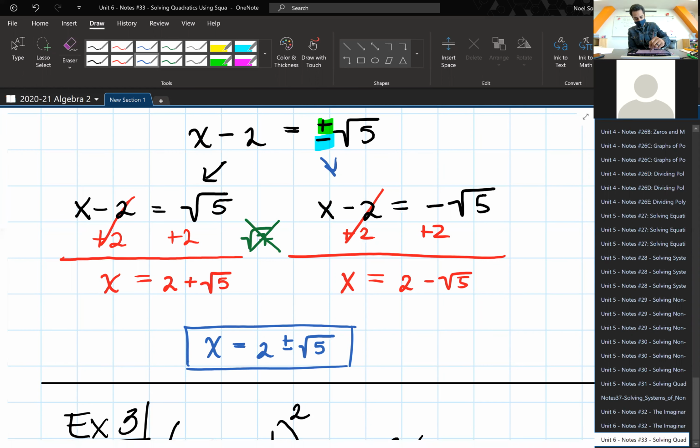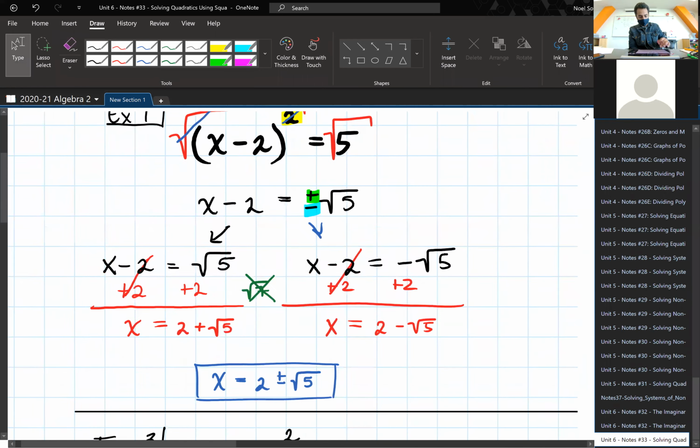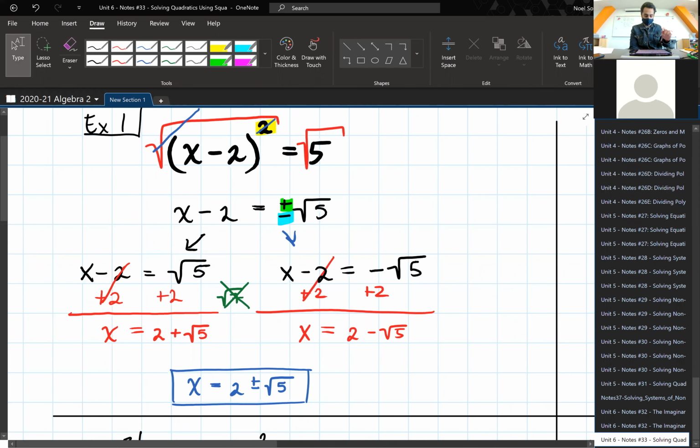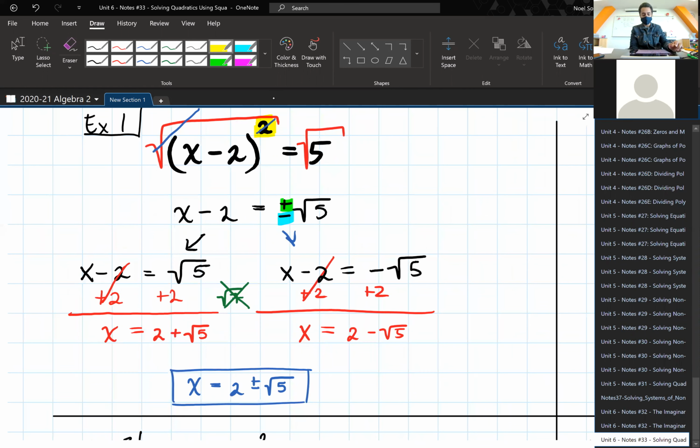Okay, so what about the plus or minus? The reason why we need a plus or minus is because we need to have two solutions that we're solving for. And the reason why we need two solutions is because we have a power of two. Okay. Now, the reason why it works is basically because if I were to go back and square both sides,